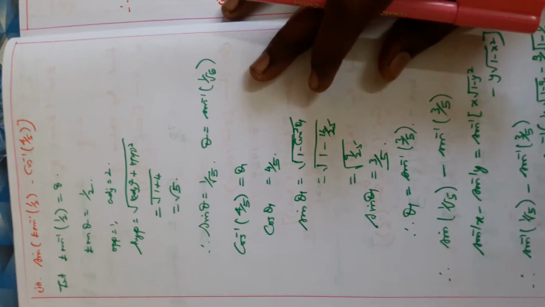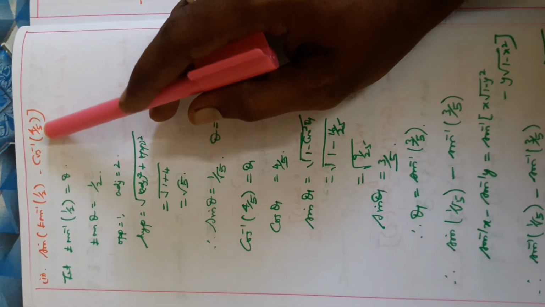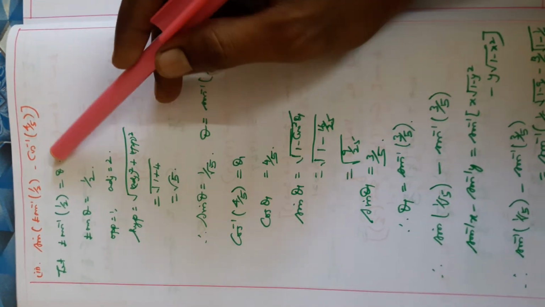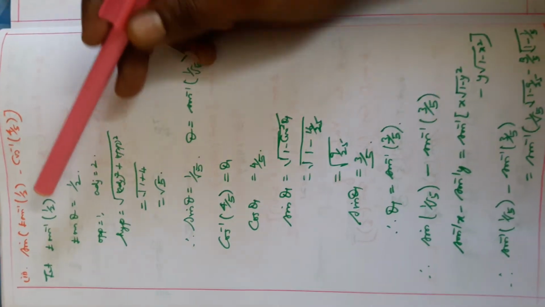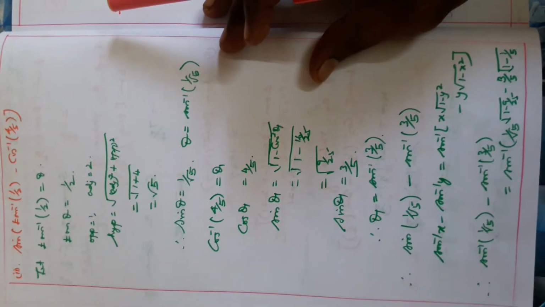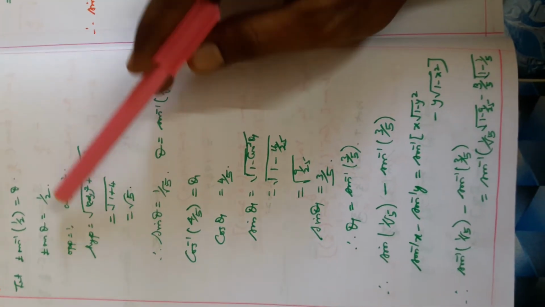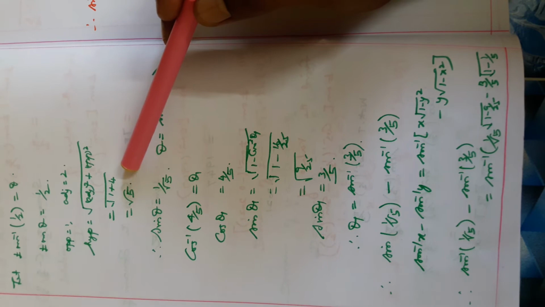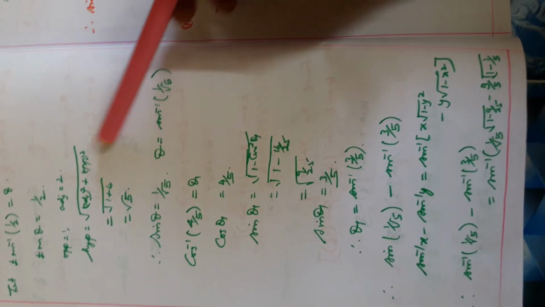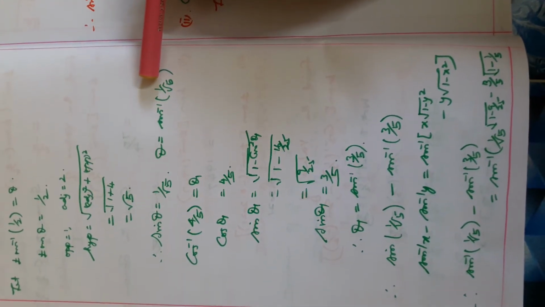Now you have some different questions. Sin of tan inverse 1 by 2 minus cos inverse of 4 by 5. These values we do not have in the table. So we have to convert this in terms of sin. So tan inverse of 1 by 2 is considered as theta. You know the tan theta formula is opposite by adjacent. Using this we find the hypotenuse. So your sin theta is 1 by root 5. So your tan inverse of 1 by 2 is nothing but sin inverse of 1 by root 5.